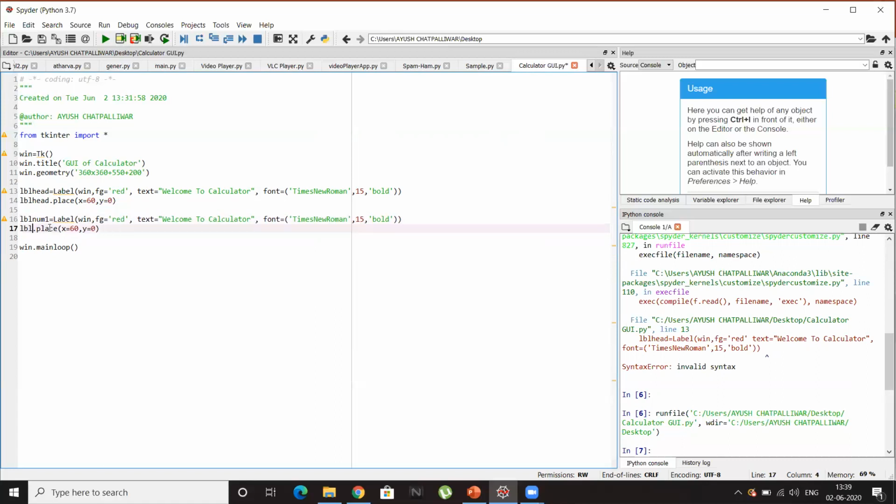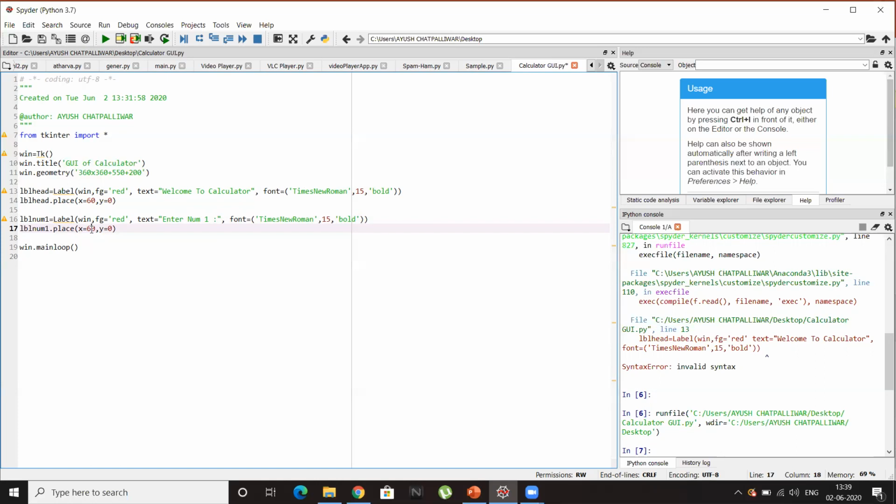Here also I'll make the changes, lbl_num1. And the most important thing is I need to change the text. Here my text will be "enter num1". Okay.